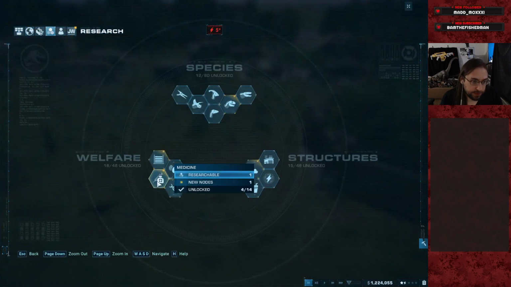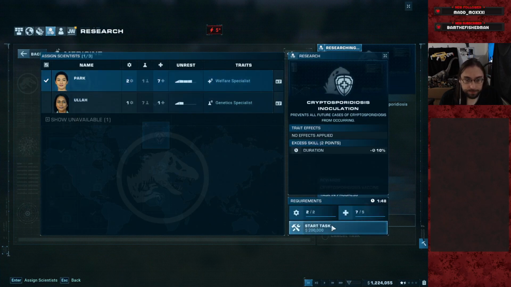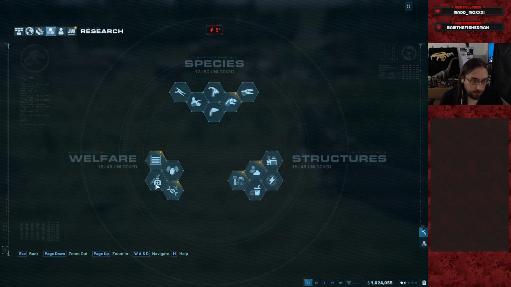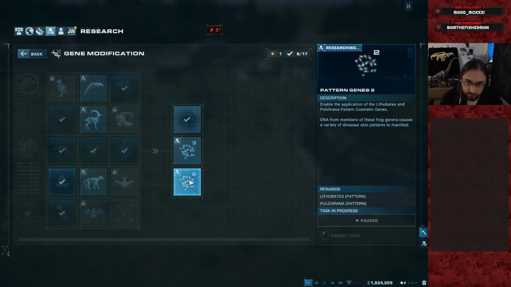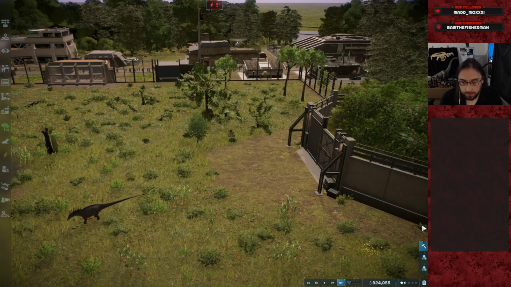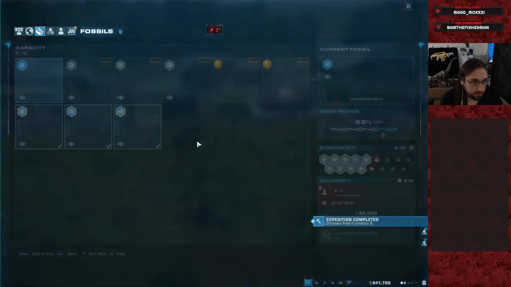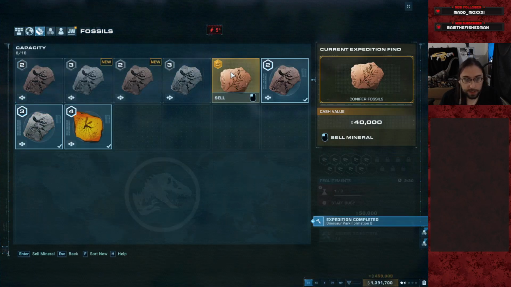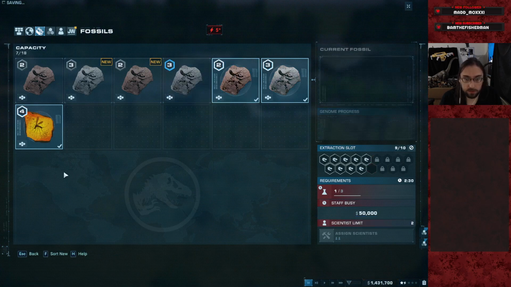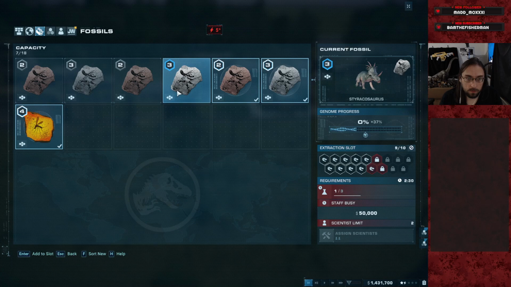Next wave of research here. Crypto vaccine, yes please. And then the other patterning, which was the bottom one, lithobates. Do that. Kind of missed the time window here a little bit because the Dinosaur Park dig is coming right back in. We don't have people... Ooh, platinum. We don't have anybody here to... Oh, we never even ran the previous batch. We could do...